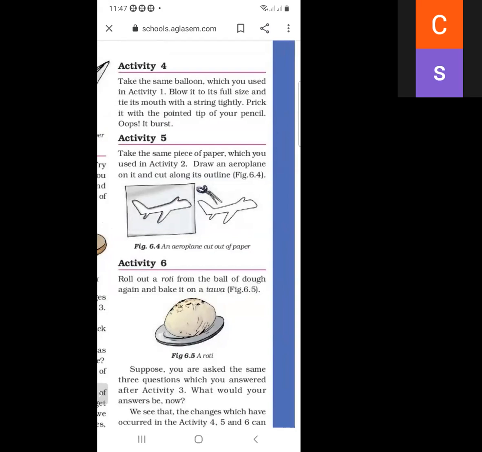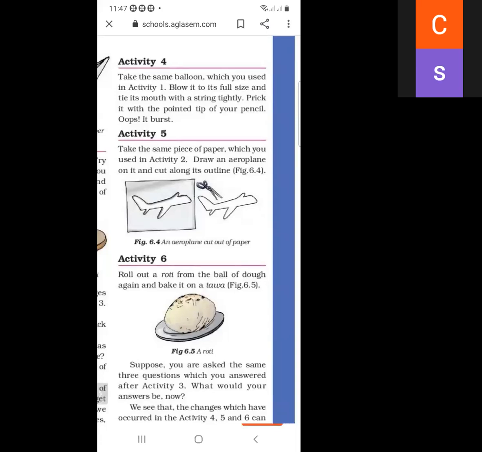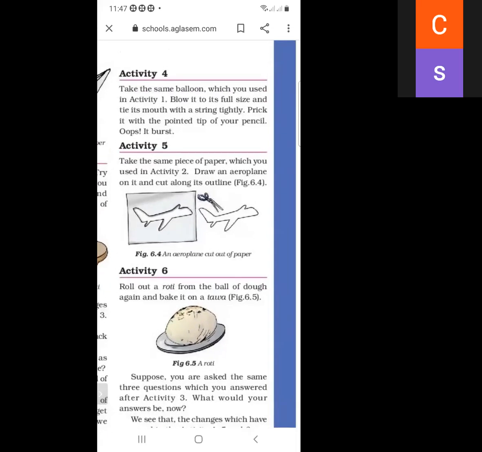Then we prick it with the pointed tip of a pencil, and it bursts. So what is activity 4? We take the balloon, blow it to full size, and prick it with the pointed tip of a pencil, and it bursts.